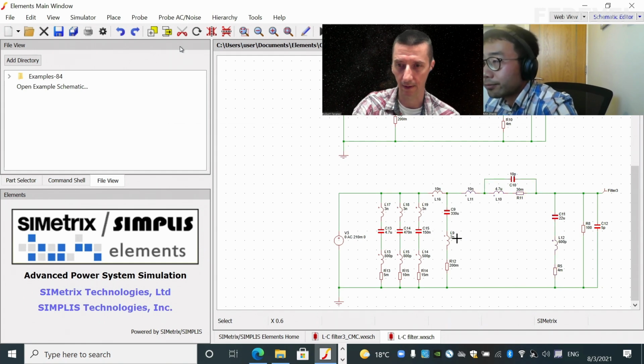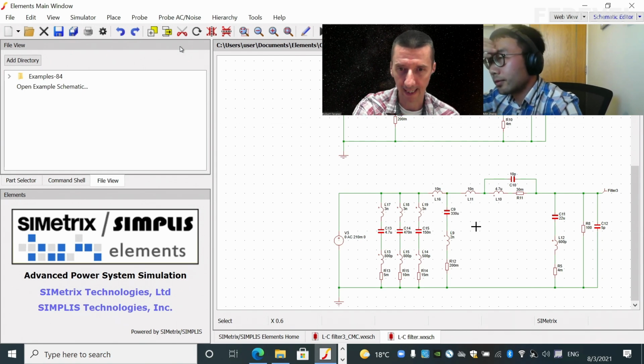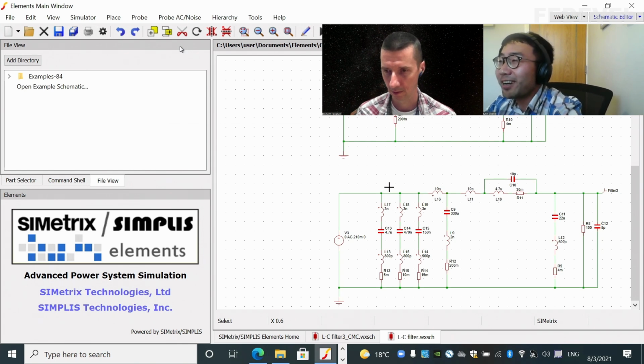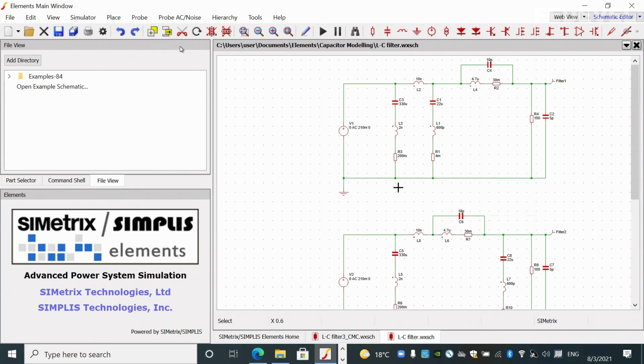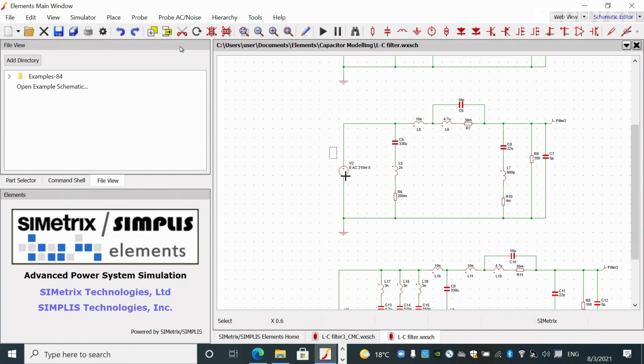On the other side, okay. So the input is on the right side now, and let me explain it, otherwise it's confusing. You're right. Let's look at this one first. In this case, this one is purely a noise source. I'm just creating a noise source, and I knew previously we have 330 microfarads put in the front,